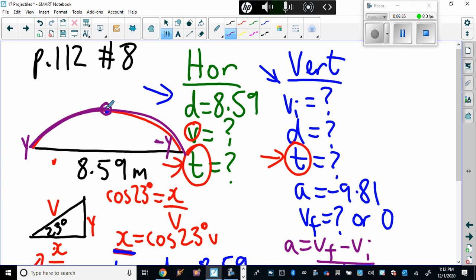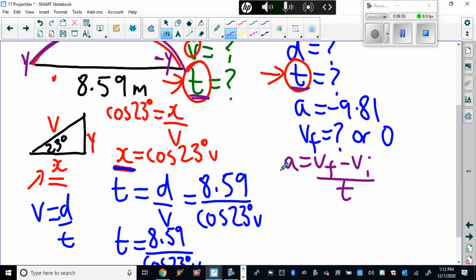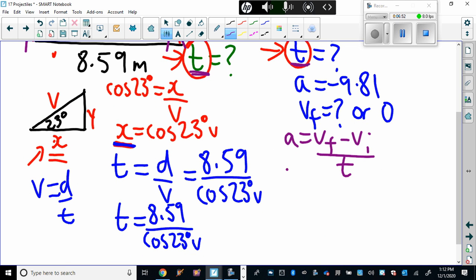So it's easier because we're equating the two times, because we're saying the horizontal time equals the vertical time. It's easier to say that the initial vertical velocity is y, then right before it hits the ground, it's negative y. Therefore, this is the best formula, and when we solve this for t,